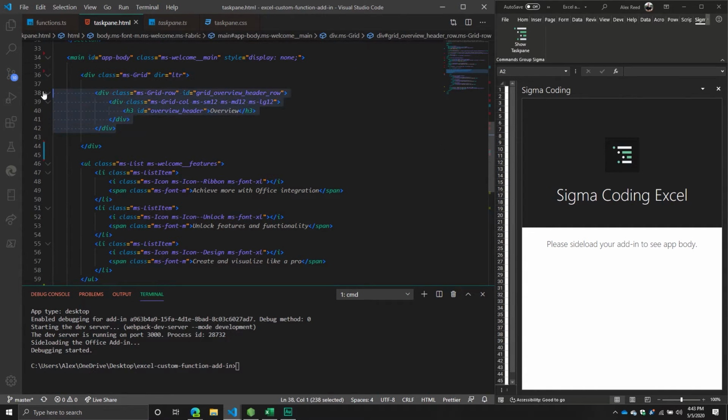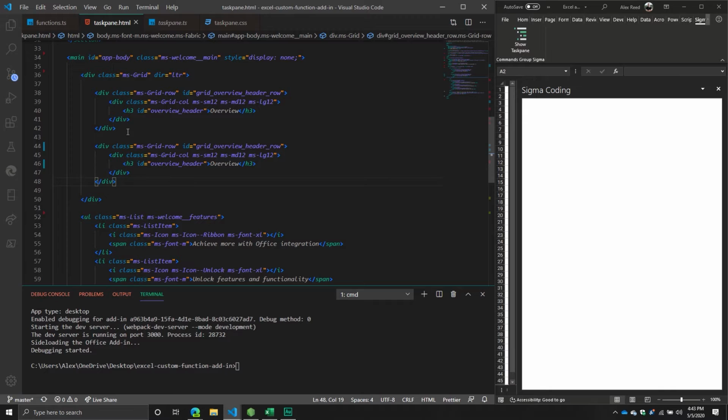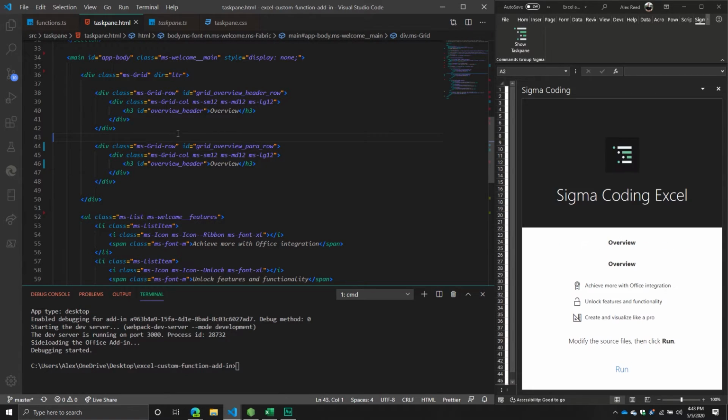So what I'm going to do is I'm actually going to take this one and I'll just copy it, because at this point, there's really nothing I need to do in the sense of making a second one. It's actually fine just the way it is. And then from here, we'll say this grid overview header paragraph row. We'll just call it like that, right? And then from here, this one actually can stay the same. This is actually fine because we're saying it's going to be the same exact length. And then from here,